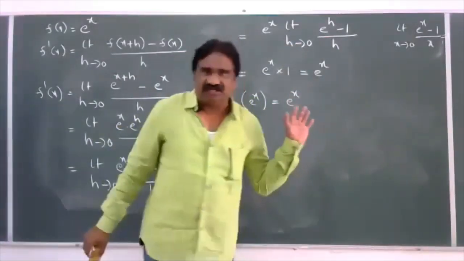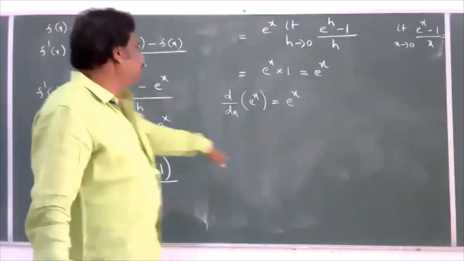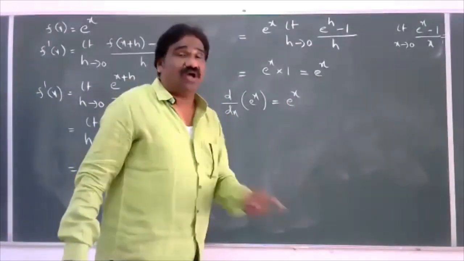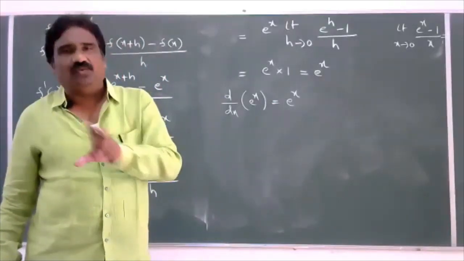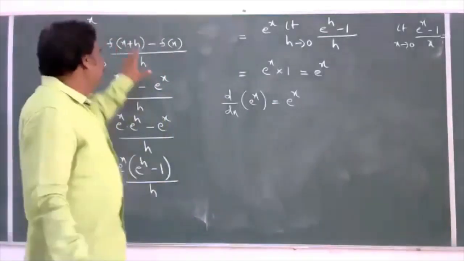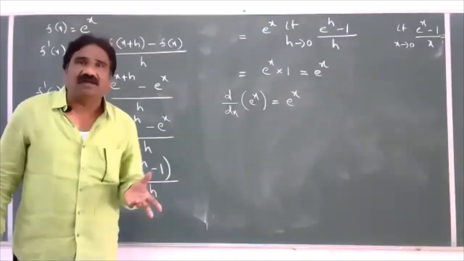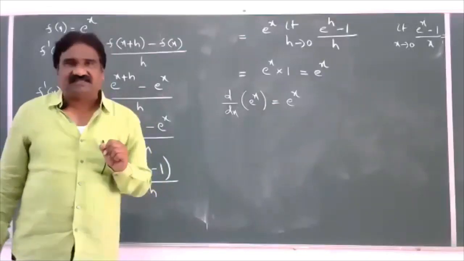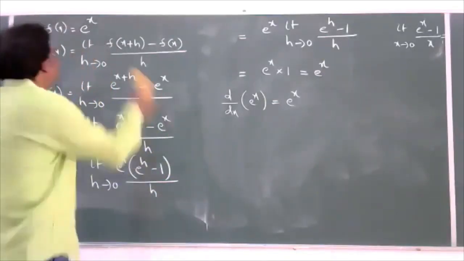This is the conclusion. So, the derivative of e power x is e power x. So, I think you remember the process of how to find the derivative by using the first principle. This is the method. Again, we discuss another problem, that is a power x. So I think you already copied this. Okay, next.